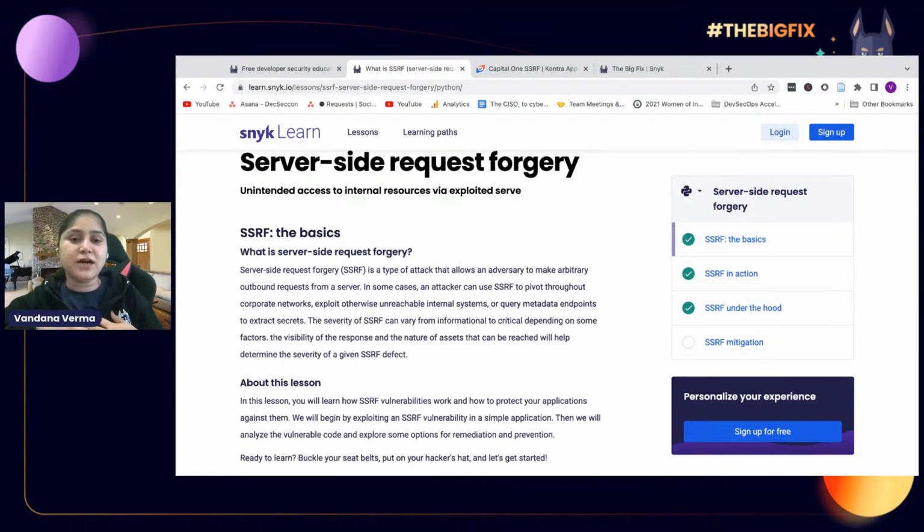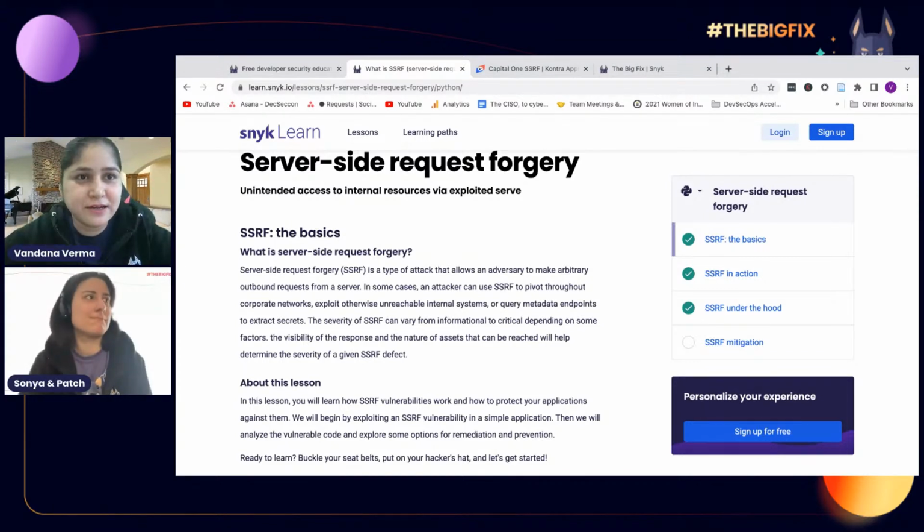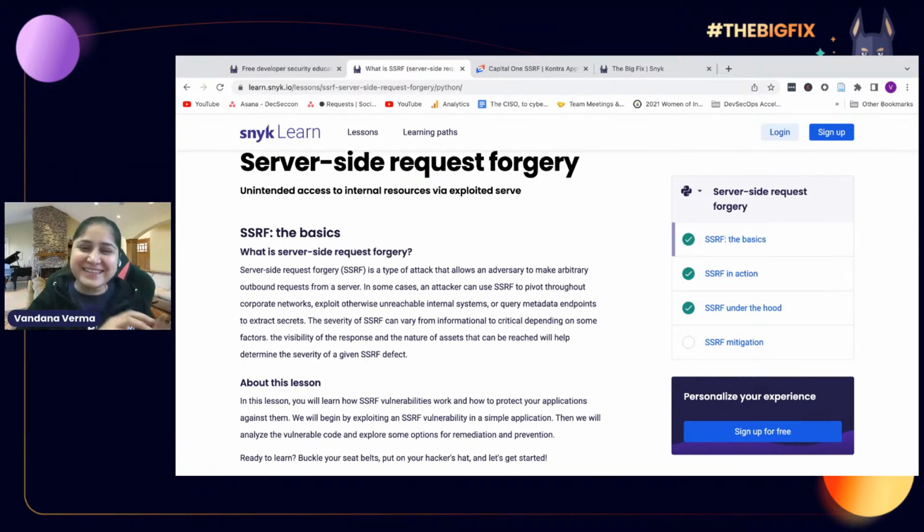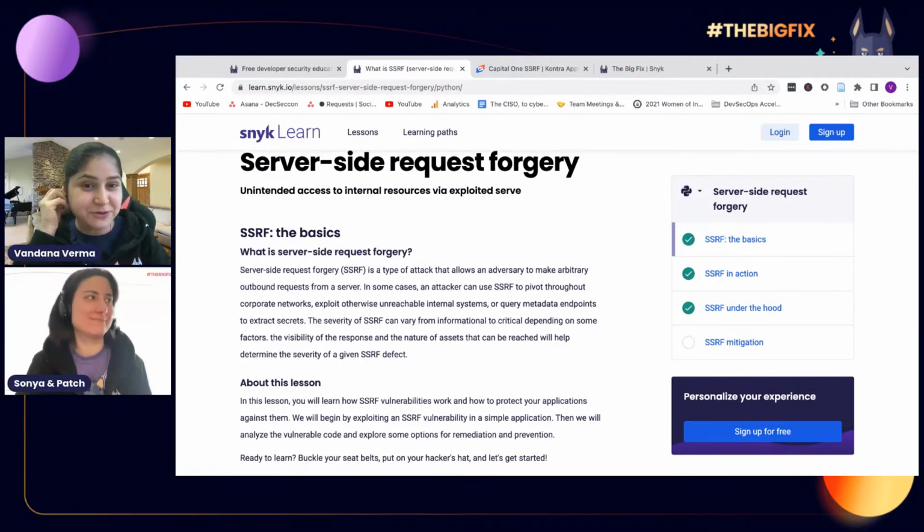For example, I want some information from Sonia, and Sonia doesn't want to share, so there is a validation there that she checks. But in another case, I send some information to Sonia, and Sonia gives me all the information she was not supposed to share.